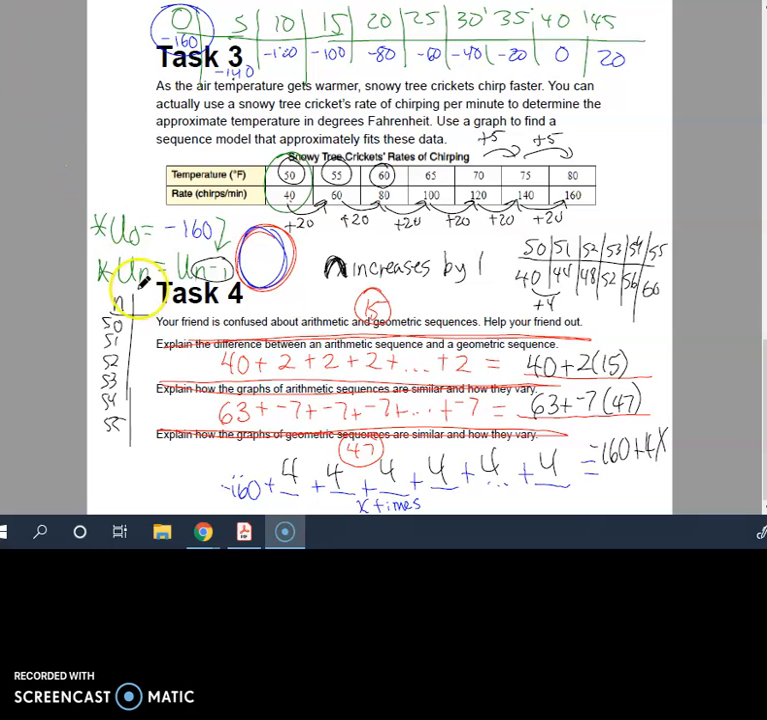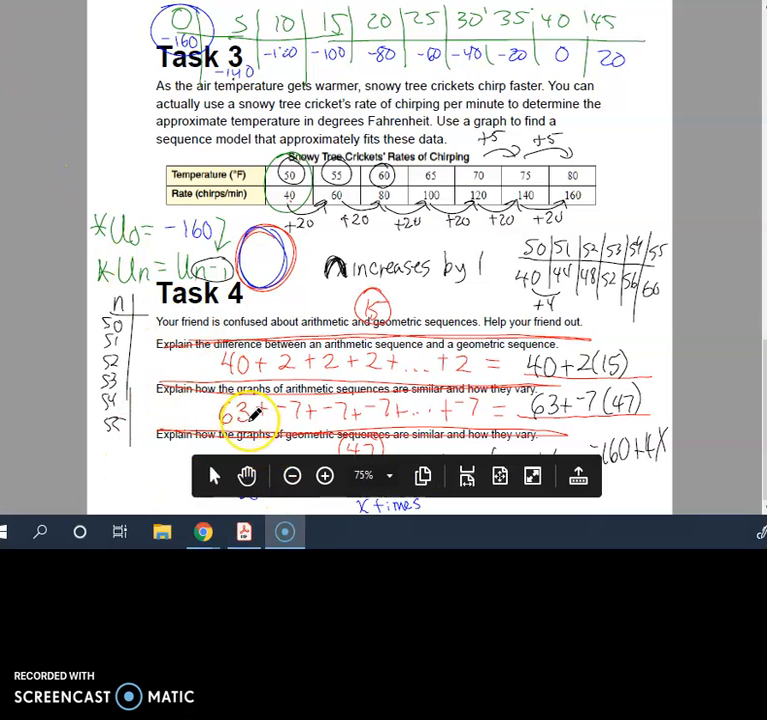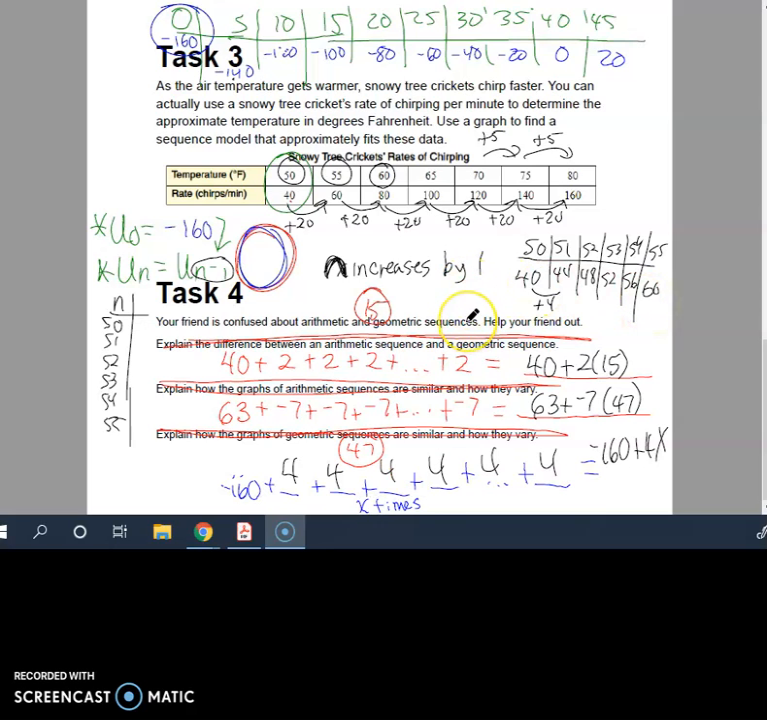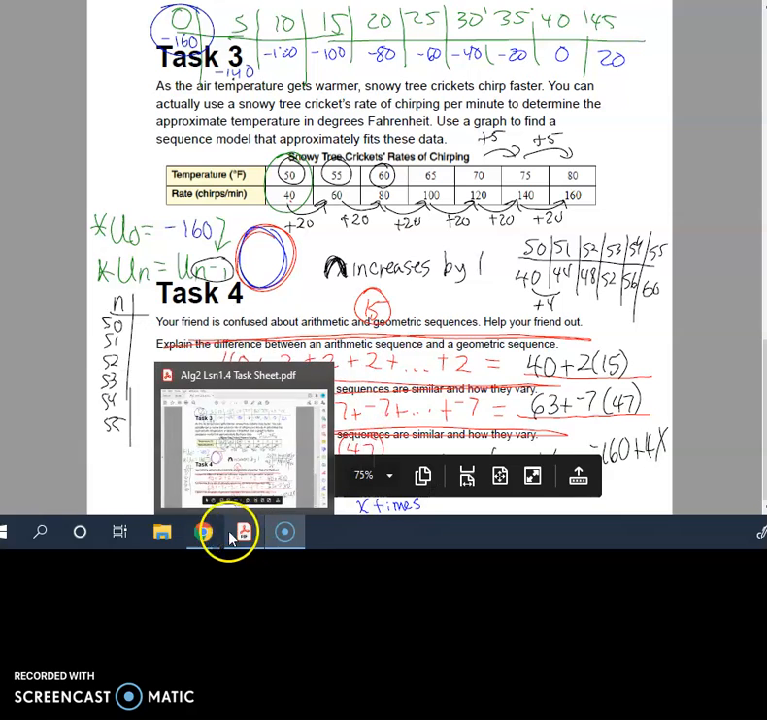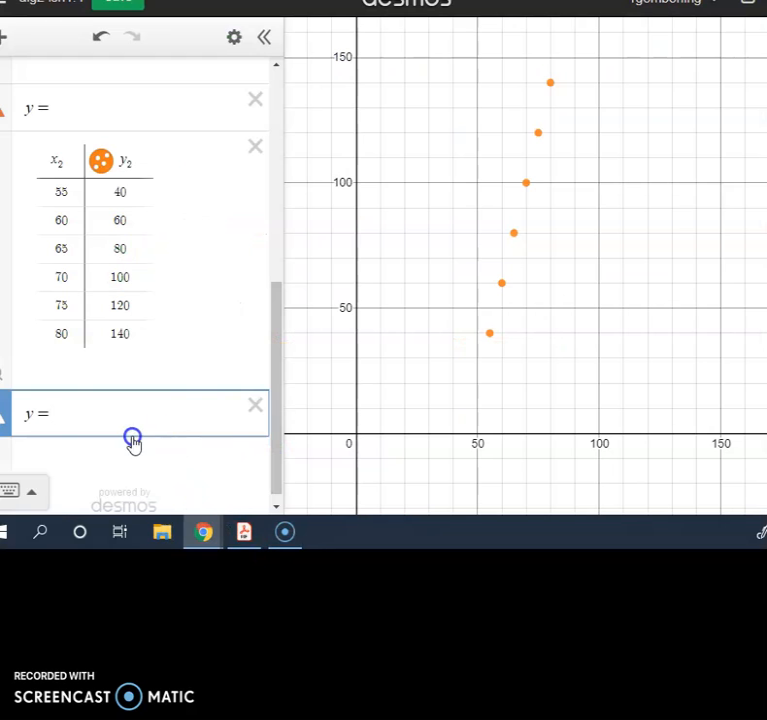So to finish this problem, we have the negative 160, and we're adding 4 over and over again to go from the 50 to the 55 answer. And so the shortcut would be negative 160 plus 4 times x, since we don't know what x is. So if I would go back to the graph, which is here, and if I would stick in that equation, negative 160 plus 4x,